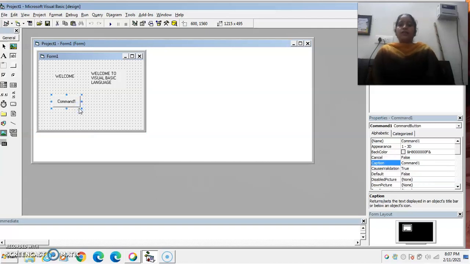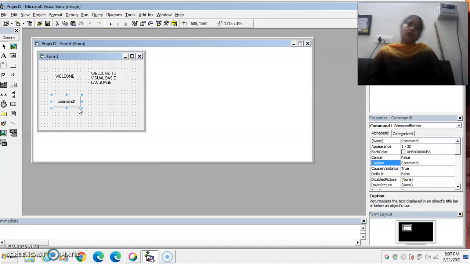The command button is very beneficial for the user because it allows the user to interact with an application and to provide the command button with the click event. It also allows the user to perform the required action. Whenever the user clicks the command button, the click event procedure is invoked or called.